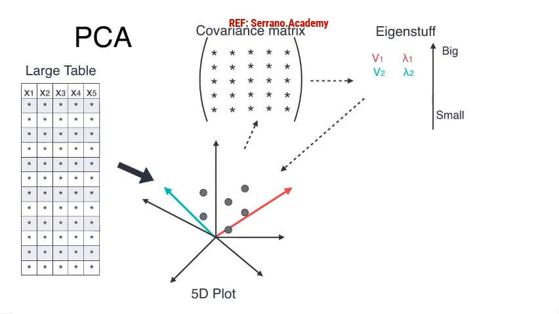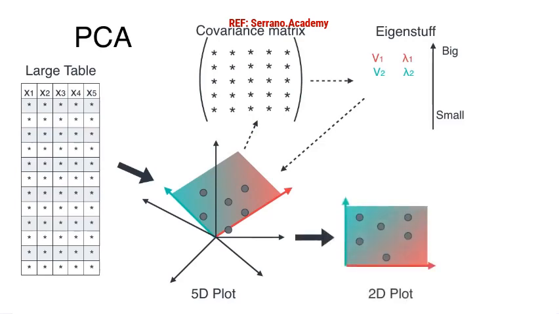Now this creates a smaller dimensional space. In this case, it creates a plane we can see. So now what we do is we project everything with respect to this plane. So we sort of take the shadow, or like take a picture that prints in this plane, and we get a 2-dimensional plot. And this 2-dimensional plot is a pretty faithful representation of our 5-dimensional plot, because we did it